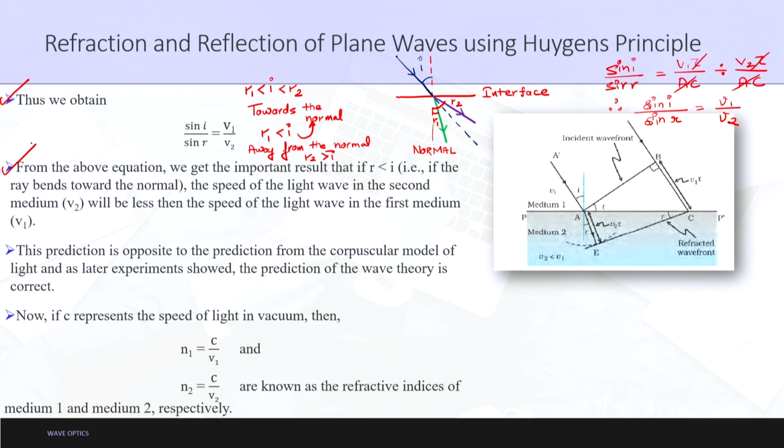Now, from the above equation we get the important result that if R is less than I, that is, the ray bends towards the normal, the speed of light wave in the second medium will be less than the speed of light wave in the first medium. Just to explain what is written here, if R is less than I, as the angle of incidence and angle of refraction can only be less than 90 degrees, therefore,